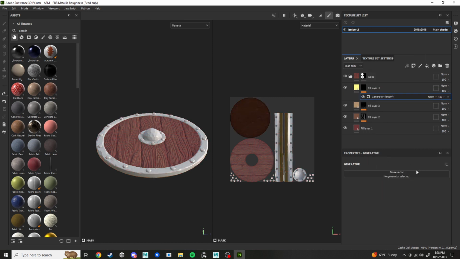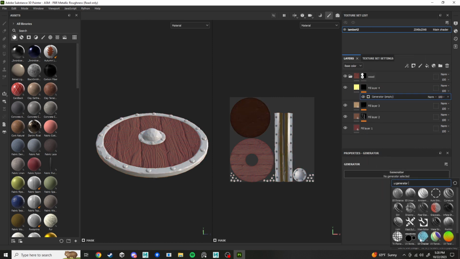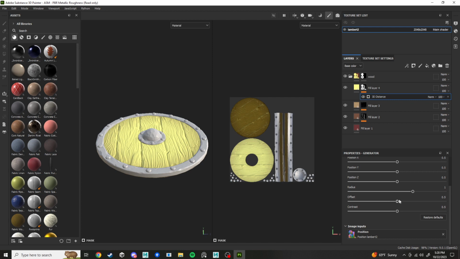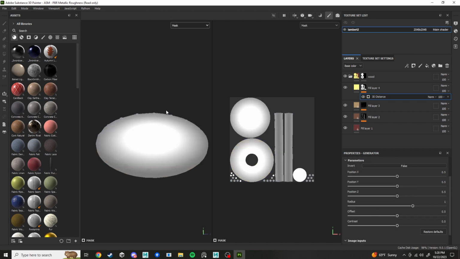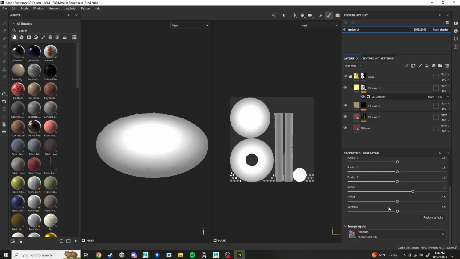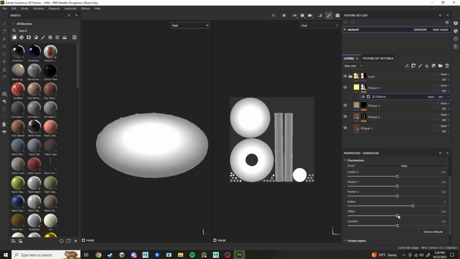And then one last generator that I want to talk about. Let's see, where was it? Just the 3D distance generator. You can just change the, let's go to the mask to debug. See, it's just a nice little falloff, and you can change the position of it, and that basically plugs into your position map and compares the values. And you can change the contrast and stuff,